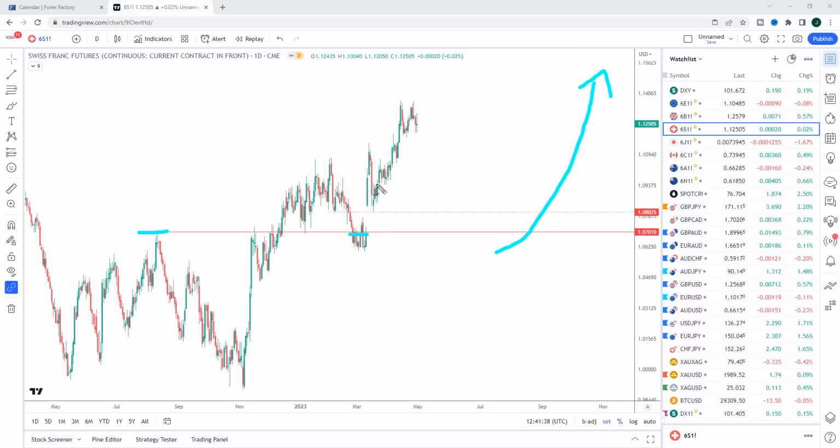But what they're telling us is that this rally is running out of steam, and that tends to precede a correction. So that is the problem with the Swiss franc as well. We're bullish, but we're running out of steam in terms of the probabilities of continuing higher. And therefore, it's, again, more of a book profits kind of signal as opposed to get long or get short. So I wouldn't want to short the Swiss franc, but if you are long, especially from down in this area, you may want to consider booking some of your profits on those trades.